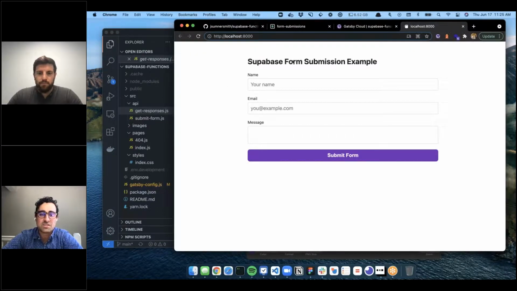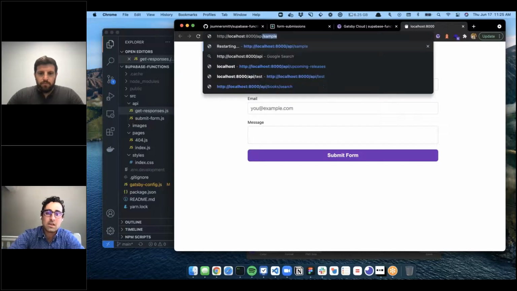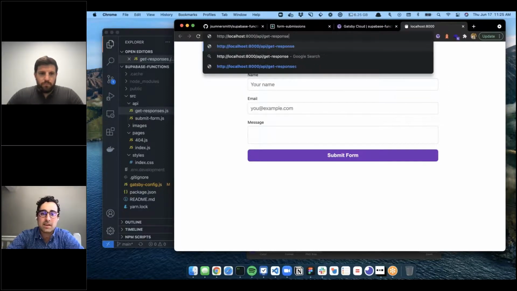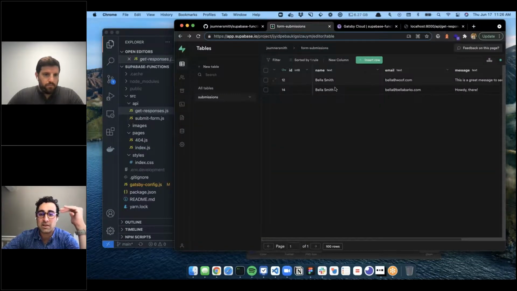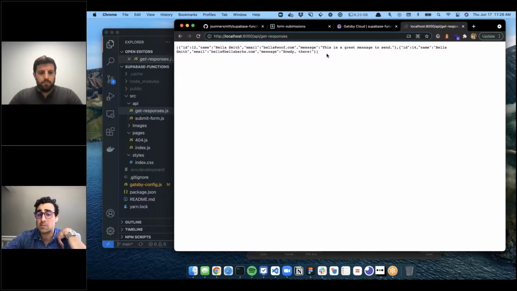So here's just the site. I've added a little form, and we'll get to that in a second. But now if I go to API/get responses, we get a JSON object that should look very familiar if you've done web-based JSON APIs before. And that's pulling all the data. You see my dog has sent me a few messages here into the database, and it's pulling that back on an API. So if I had a mobile app or another site or another application that needed to consume my data, I could expose it through this API and have folks come and get that.